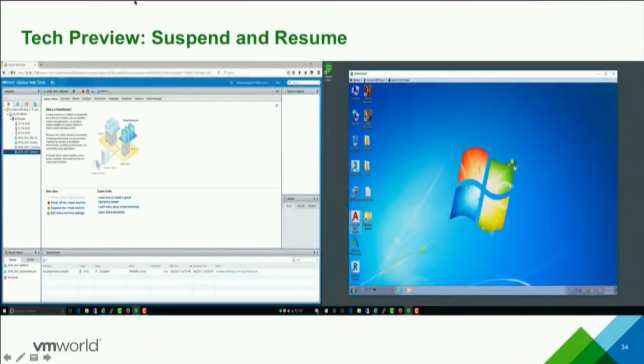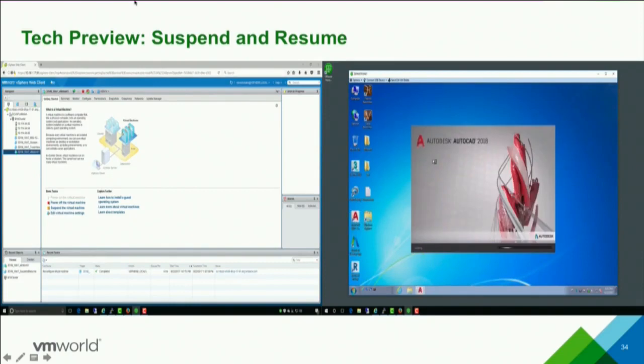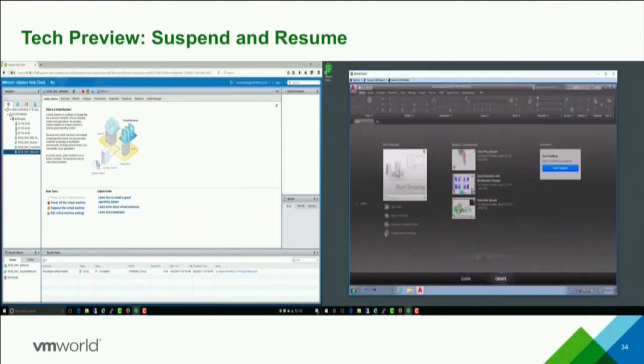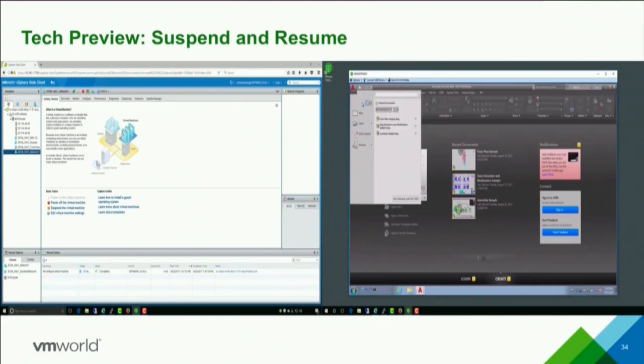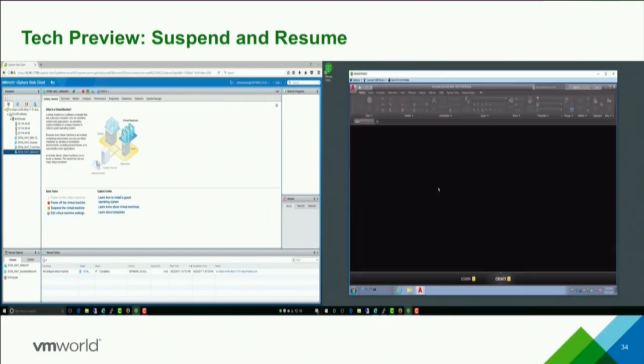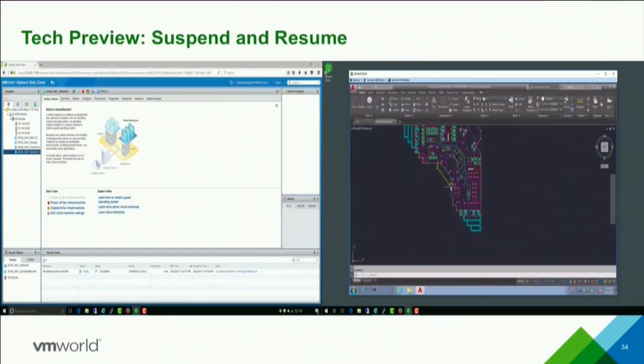I have on the right side the user screen, and on the left is the admin screen. In this case, the user is designing, bringing up a 3D graphics application, launching into the layout, doing his work, and at the end of the day, he just locks his desktop and leaves for the day.